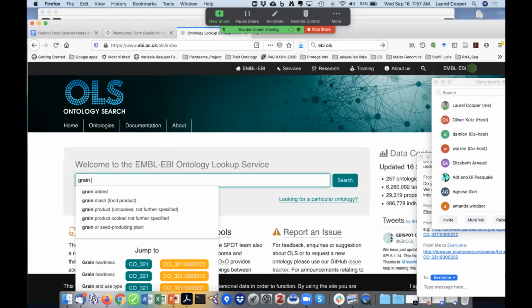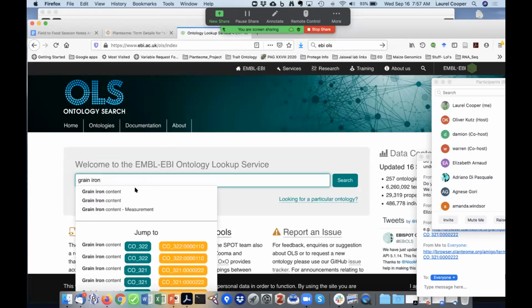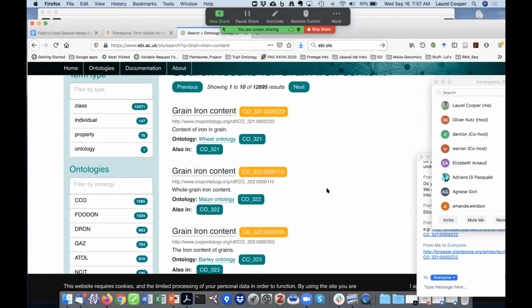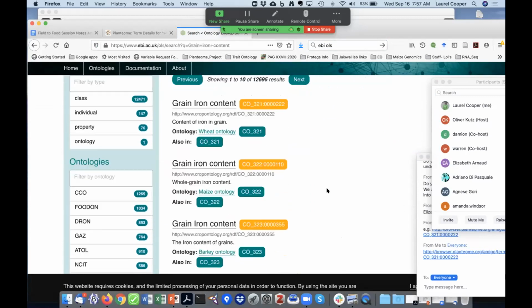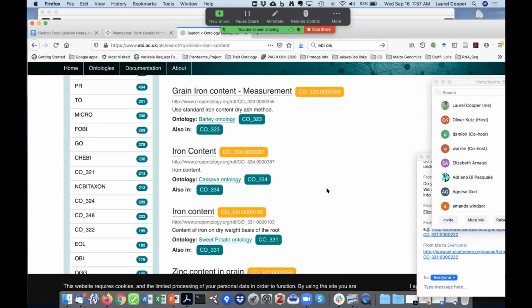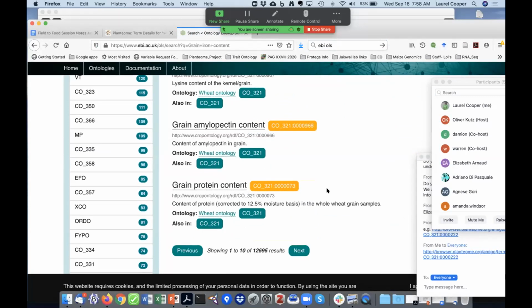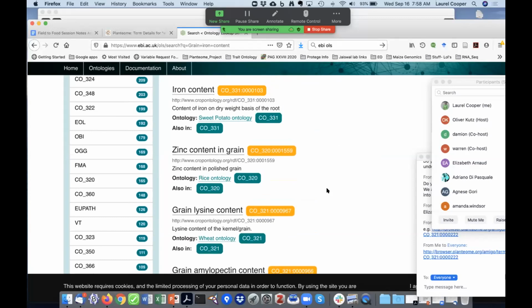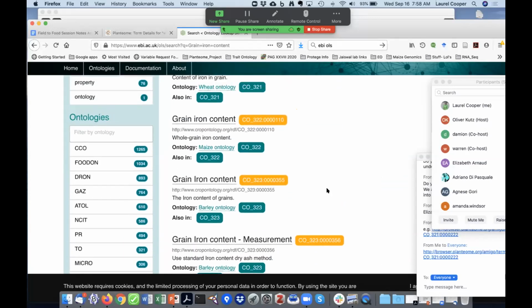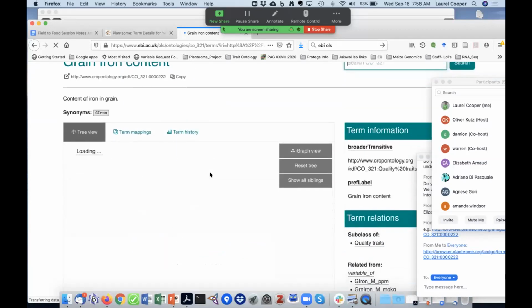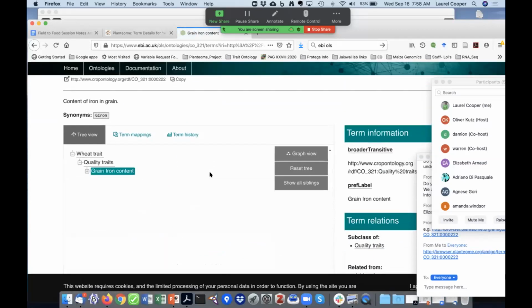So I suppose the idea was to not duplicate, to not have a wheat grain iron content. So here's all the different ones, barley, and then you can select from this list and not from the pick list. But if you feel it's a problem, then perhaps we can work with the OLS to provide the crop as a prefix to the trait itself. So if you click on grain iron content, you will see this one, and it does show wheat. So if you duplicate by adding wheat as a prefix, you have to duplicate it at the